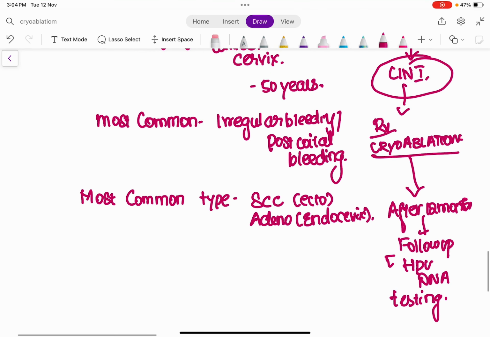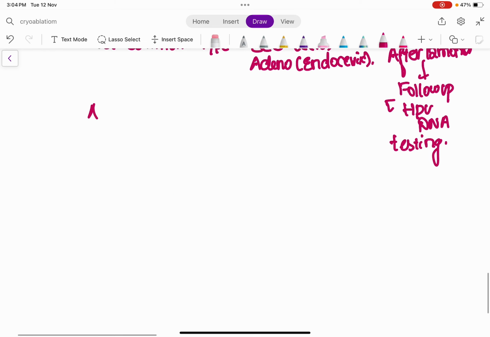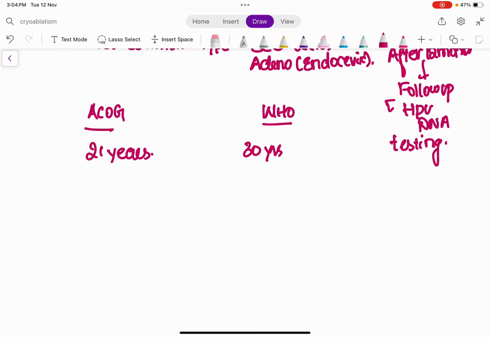Now, you may have the doubt about when I have to start the screening in any patient. So we ideally have two guidelines, the American College of Obstetricians and Gynecologists and WHO. So the ACOG tells to start the screening from 21 years of age. But WHO tells to start screening in any patient from 30 years, 30 to 49 years, but ACOG tells you have to start the screening from 21 years of age in any